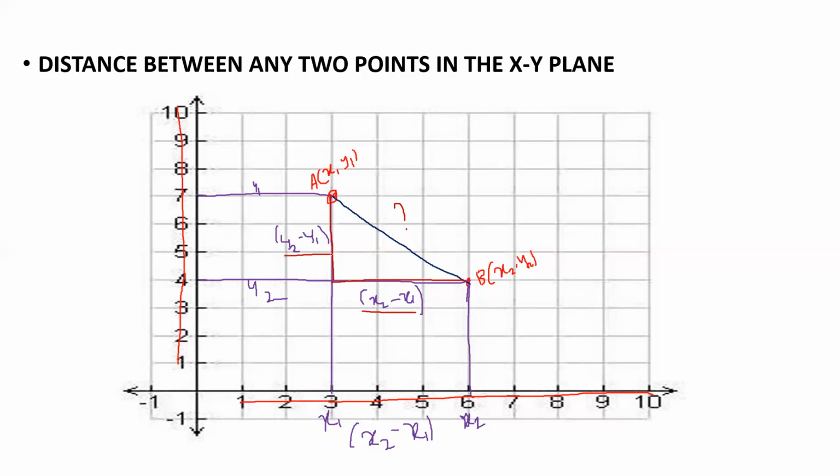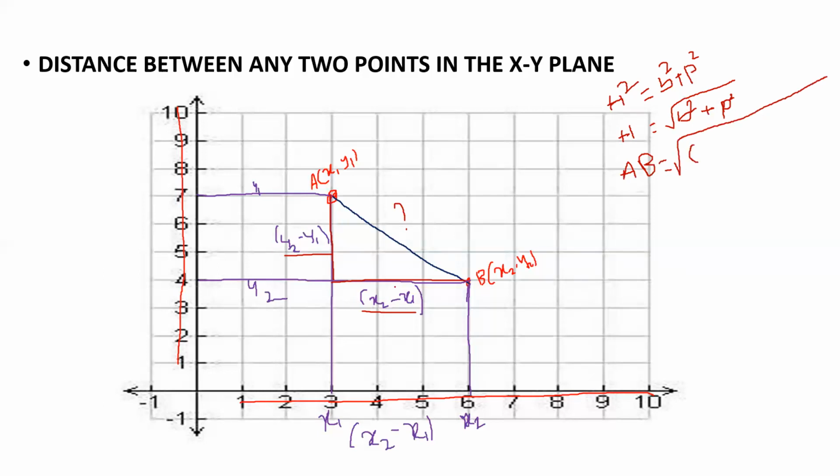And we all know that from the statement of Pythagoras, hypotenuse square is equal to base square plus perpendicular square. Here I just want the hypotenuse, because I just want AB only, not AB square. So the square goes to the other side as a root, and it becomes root of base square plus perpendicular square. So the hypotenuse is AB here, and here I'm just trying to substitute the values, guys.